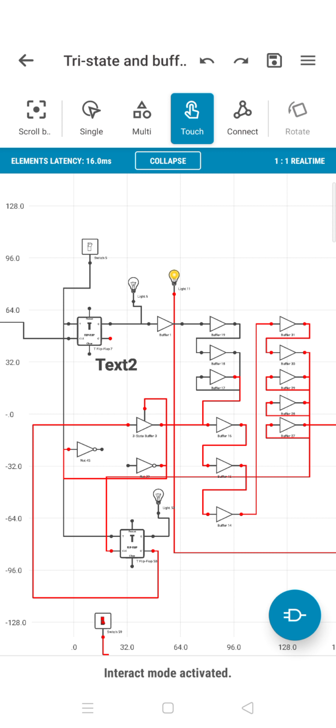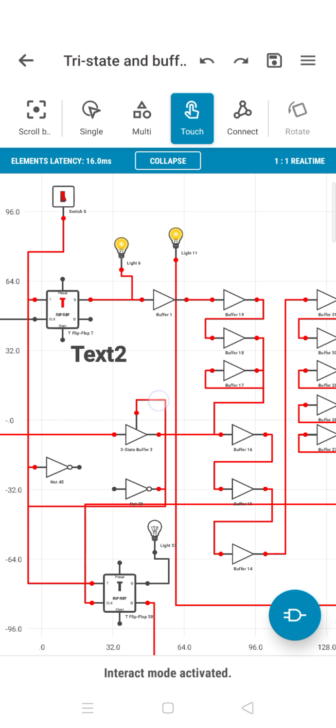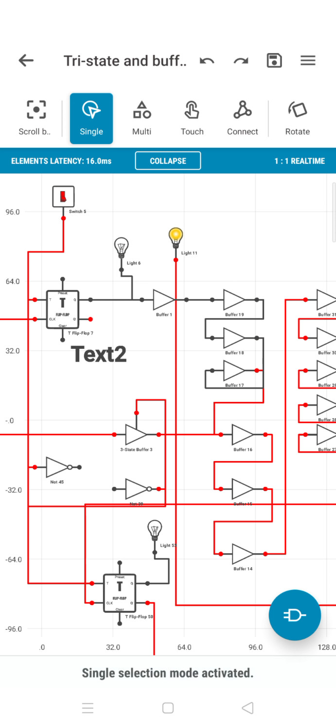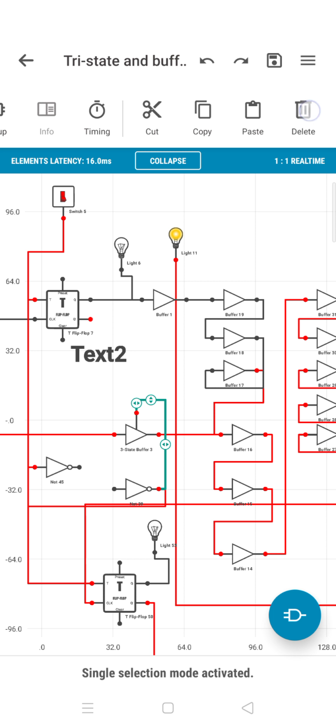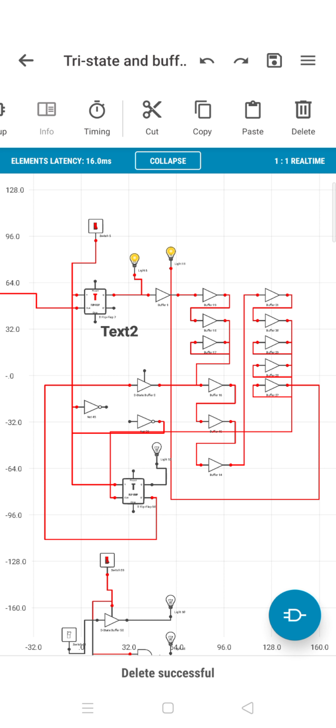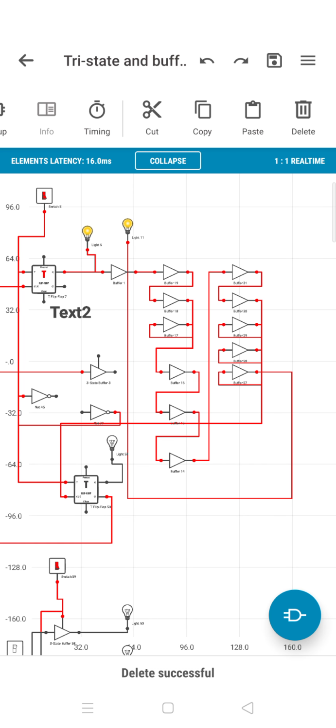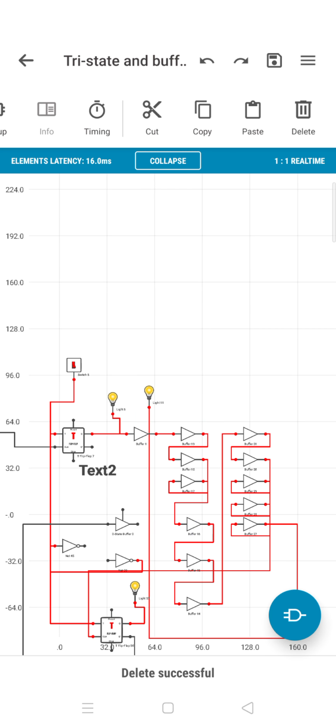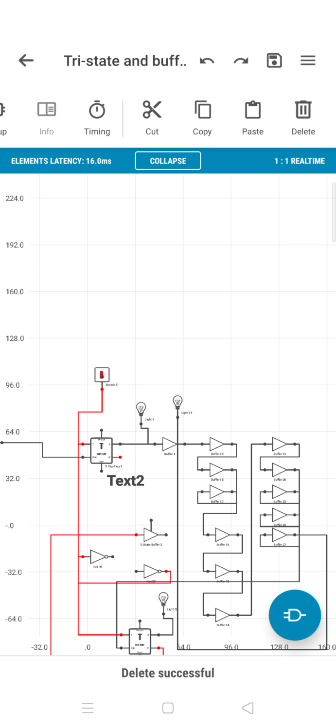Let's see how the timing works. If you see the bulbs, there's a small delay between the first bulb and the second bulb.